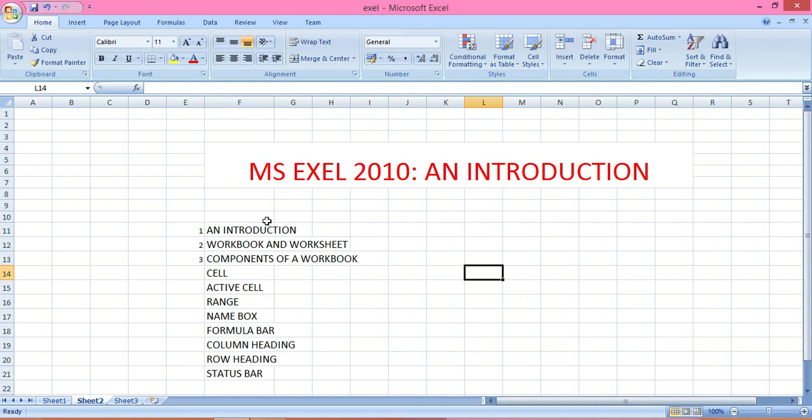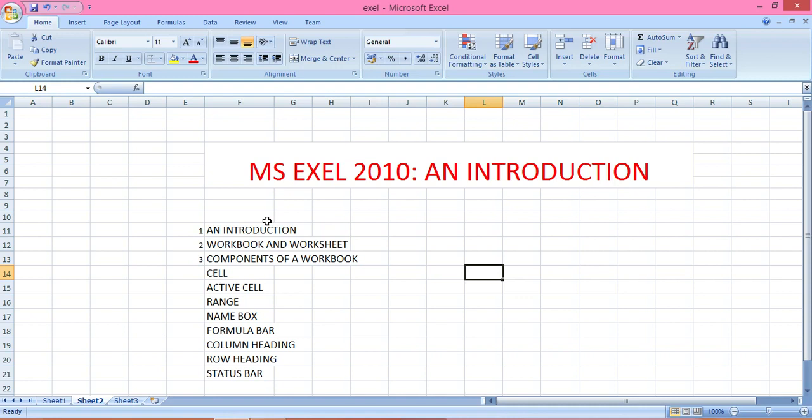It is used to perform mathematical calculations when you have to insert various data, a huge amount of data and information. Then you will use MS Excel for calculation, for organizing data, for analyzing data, and for storing data. So in one simple line we can say MS Excel is a spreadsheet which is used to perform mathematical calculations.